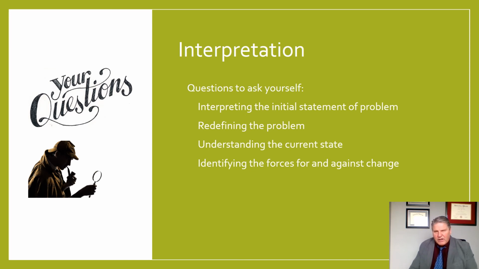Then you need to figure out, okay, if we implement change, where are there going to be people, units, or departments that are going to be resistant to that change? Am I going to have a hurdle to cross there? Do I have certain people that are absolutely for change and are driving this change? And so this is important. And then finally,